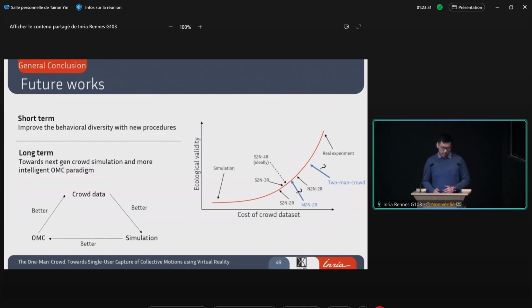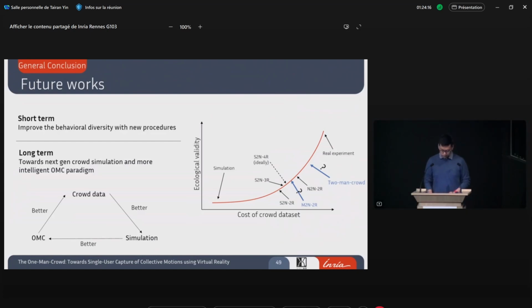And this doesn't only involve the capture of body motion data. We can also consider capturing more data such as eye gaze and facial expressions and finger movements as well. And during this process, we would hope that we can capture the tiny interactions between pedestrians during their walk, which is lacking in the state-of-the-art simulations. And we can loop this process until the simulation will become, one day, perfect.